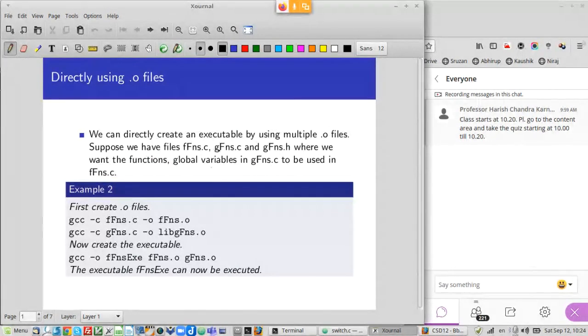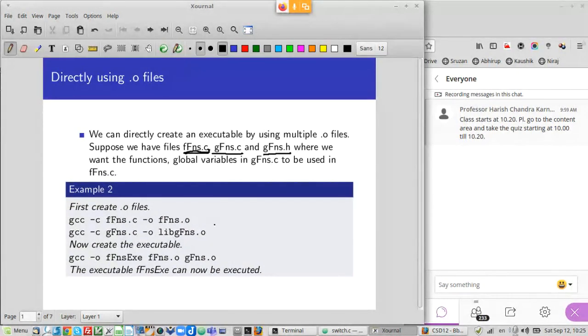So let us say the functions which are in this file gfunctions.c is the one which you want to make into a library, right? This is the same as last time, and ffunctions.c is the file in which you want to use the functions of gfunctions.c. Okay, and then you have the header file which tells what is present in gfunctions.c. So ffunctions.c will contain this header in addition to the other headers that you may need.